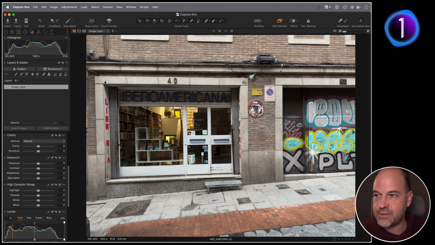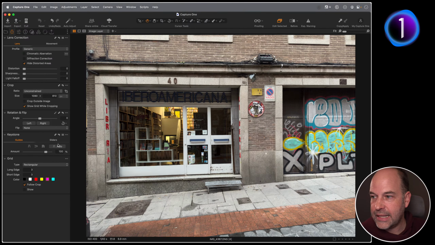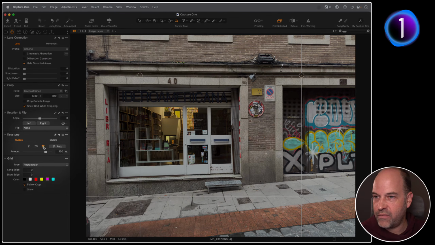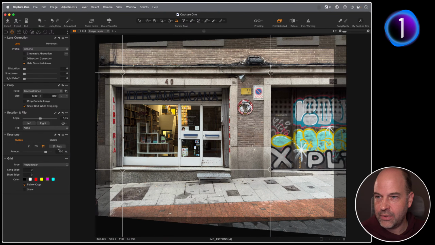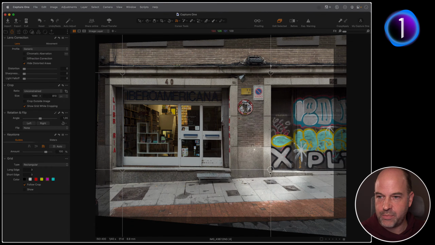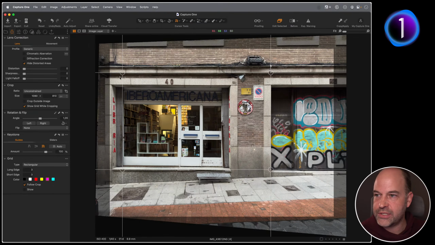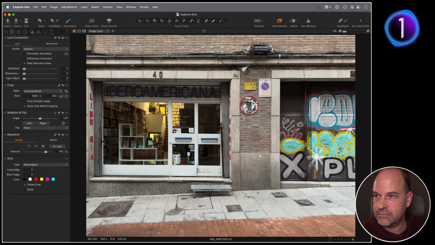So first of all, let's fix my horrible framing. And this is also interesting in terms of older wobbly buildings, how you can start with an auto result but refine it if it doesn't quite work out. So if I choose my 4-way option here, horizontals and verticals, and say auto, you'll see the lines which Capture One has picked out. So it's using this wall as a reference, this piece of concrete at the top, and also this kind of vertical line of the window here. So in theory, that should work out pretty nice. But when I looked at my full image, and let's just fix the crop actually.